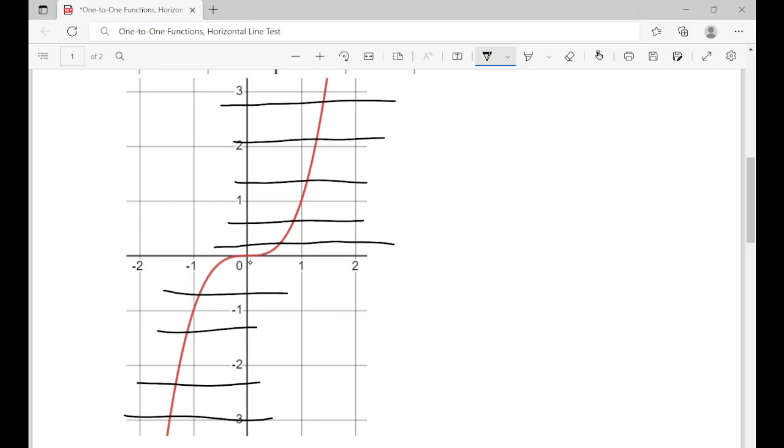Now here is a little bit hard to see. It doesn't actually flatten out. It's just a slight increase from here to here. So while technically it looks like it crosses multiple times, it really only crosses one time. If you zoom in, you would see that it only crosses once. So we can tell that this function here passes the horizontal line test because it only crosses at most one time. So we can say that this function,